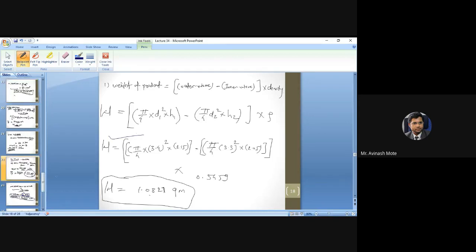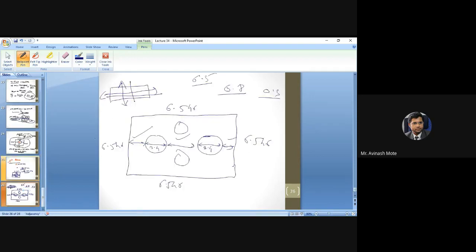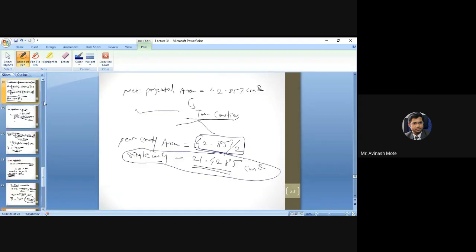Even in the compression mold we have so many steps, but in the case of injection mold there are hardly 4 to 5 steps. You can also check it once again using the factor of safety, but that is not our scope. That will be the next part. So by using factor of safety, we check whether this design is acceptable or not. Factor of safety will consider these particular parameters, the distance between the corner and the surface of this mold plate. That way every parameter will be cross checked with respect to factor of safety, right?